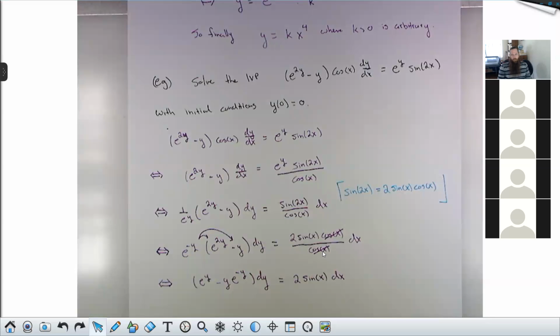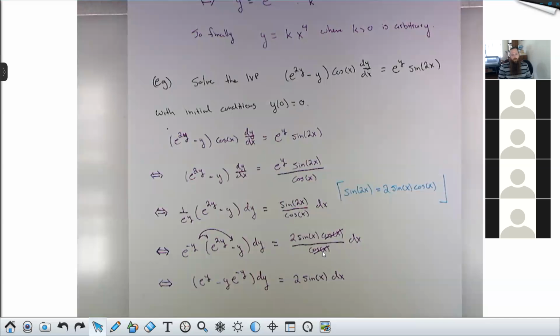So next you would multiply both sides by arc sine? Nope, next I would just integrate on both sides. All right, so I've separated my variables. And before I can try to solve for anything, I need to integrate to get rid of the derivative stuff. I've got all y stuff times dy on the left, all x stuff times dx on the right. So we're going to go ahead and integrate,